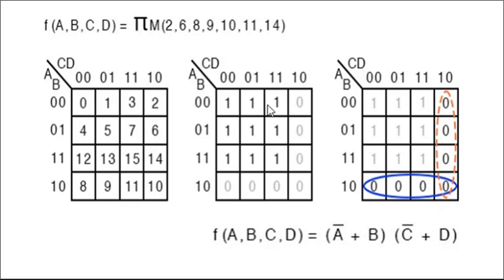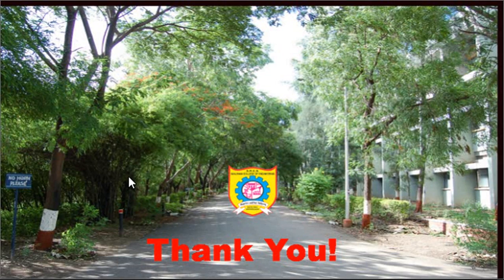So what is our aim? The total function is given. If we apply algebraic methods, it would eventually be reduced to only 2 terms like this. In the K-map it is simplified, and that function is reduced in very little time. It is a simplified way. So in POS form, we mark zeros and form groups of zeros. These are the main highlighting points. Understood? Thank you.